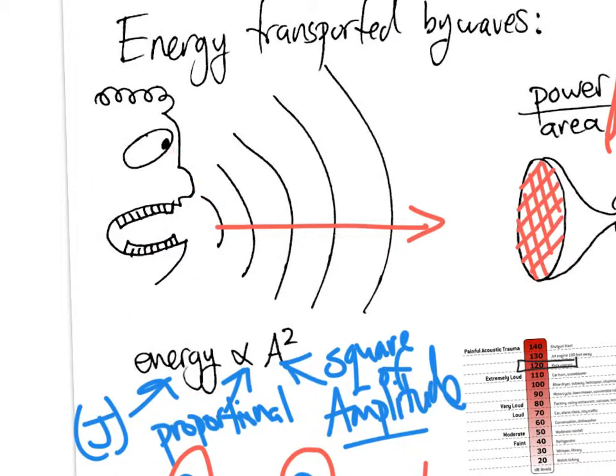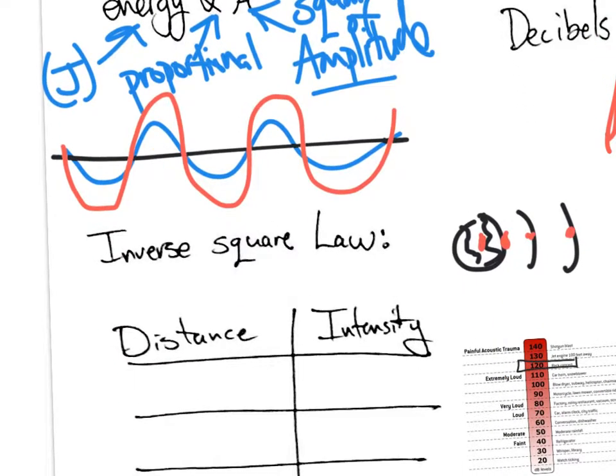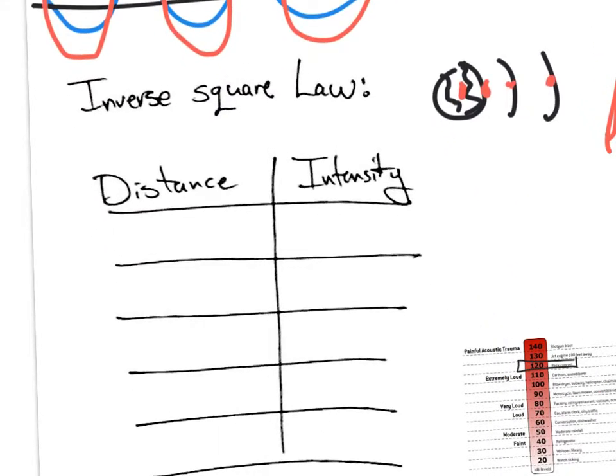These sound waves don't just go forward. If I were using a megaphone, it kind of does, because it helps direct the sound waves. But when I just talk, they actually spread out in these spheres, okay? If I were to turn my back to you and still talk, you could still hear it. And because it's the sphere, and we're talking about the area of the surface of the sphere, it behaves like